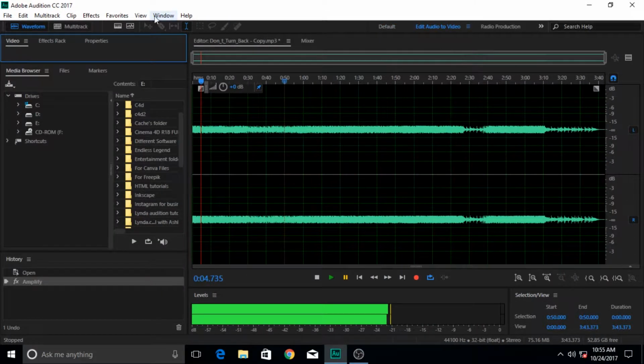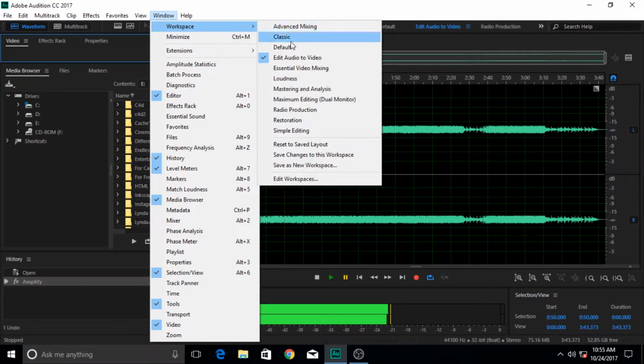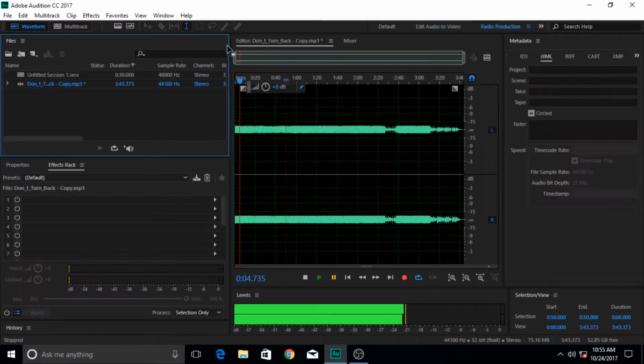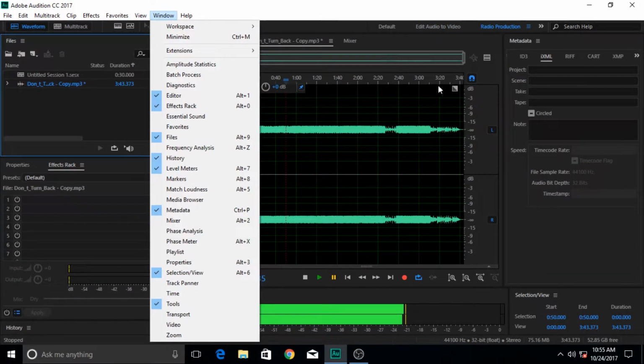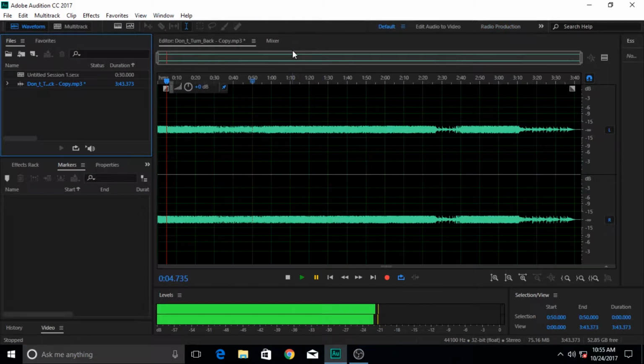For example, I told you how to switch between different workspaces, and how you can change your experience in working in them. Every workspace has different panels in it, but some of the panels that we are going to talk about today are not found in any workspace. You have to open them individually, and some of them even open as floating windows.